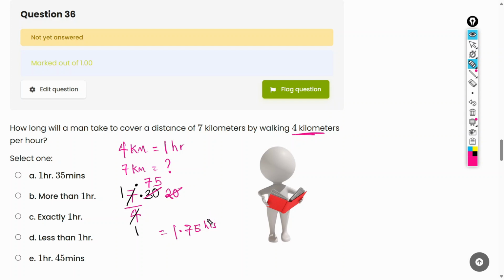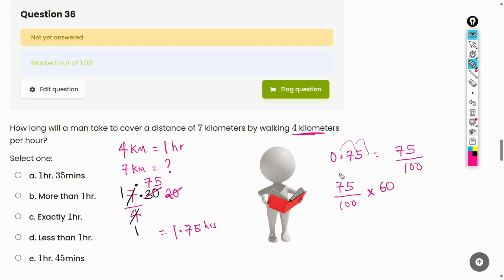1.75 hours is to be converted into minutes. So 0.75, we know this is 1 hour and 0.75. So 0.75 is the same thing as 75 over 100 because we move 1, 2. So 75 over 100. And then this is 0.75 of 1 hour or of 60 minutes. So we can multiply this by 60 minutes to know the actual value in minutes since